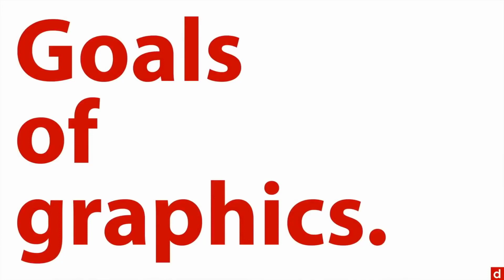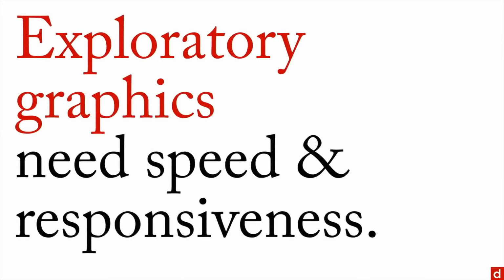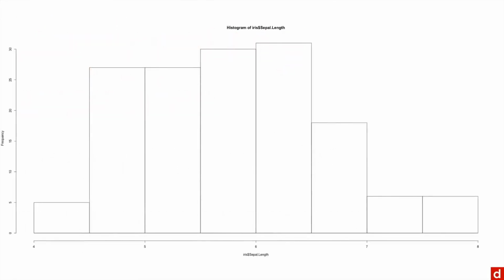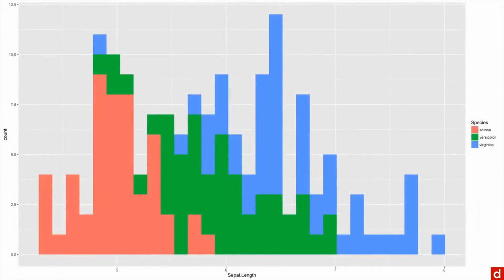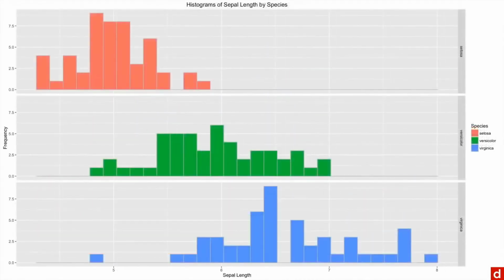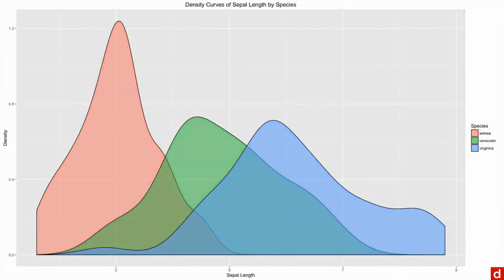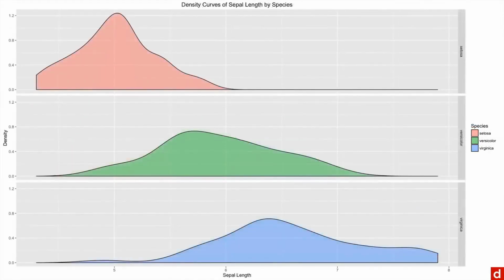There's the general category of exploratory graphics. These are ones that you are using as the analyst. And for exploratory graphics, you need speed and responsiveness. And so you get very simple graphics. This is a base histogram in R, and they can get a little more sophisticated. And this is done in ggplot, and then you can break it down in a couple of histograms, or you can make it a different way, or make them see-through, or split them apart into small multiples. But in each case, this is done for the benefit of you as the analyst understanding the data. These are quick, they're effective. Now, they're not very well labeled, and they're usually for your insight,